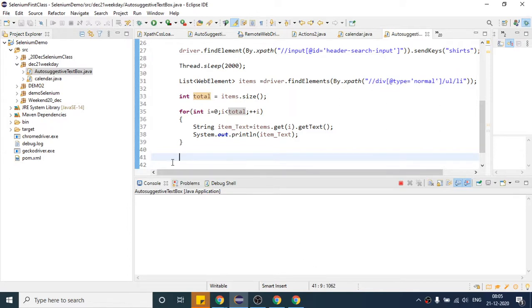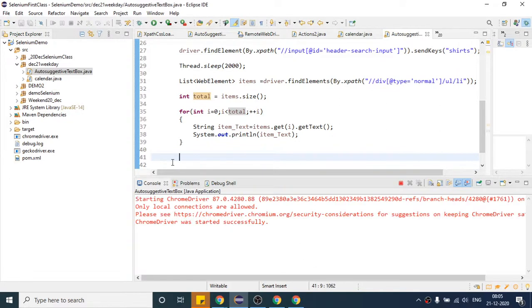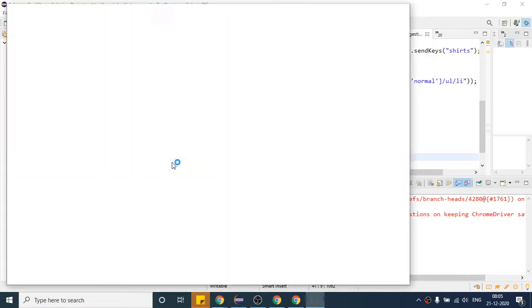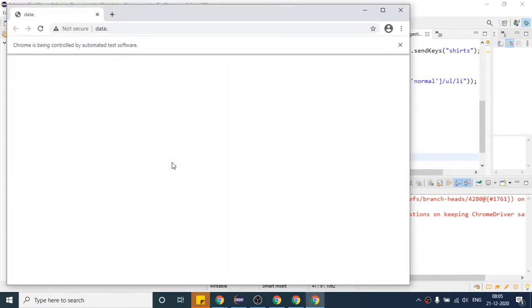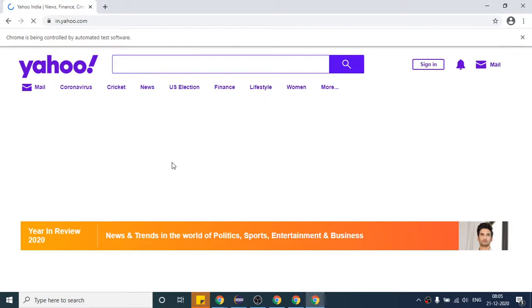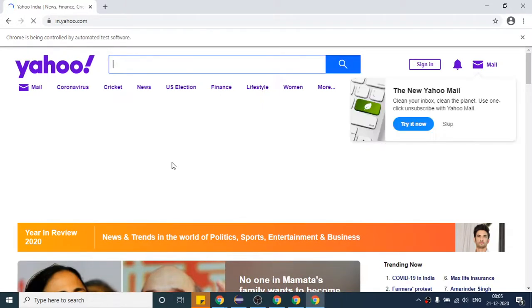Yeah, hello. Currently the list of auto suggestions is limited. In the future, if more auto suggestions will be added to the list, what will we do in this condition? I am saying I have written the code in such a way. This time you can see it will write shirt. So the list of suggestions will be different, and I think the number will also be different. Let us see what the number is. So this time our code will also work.